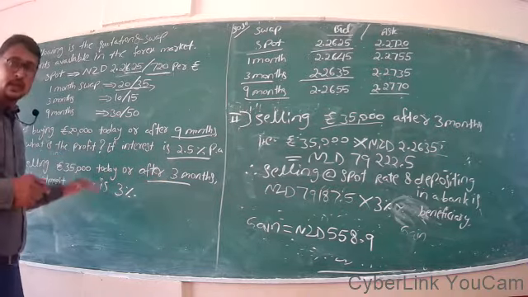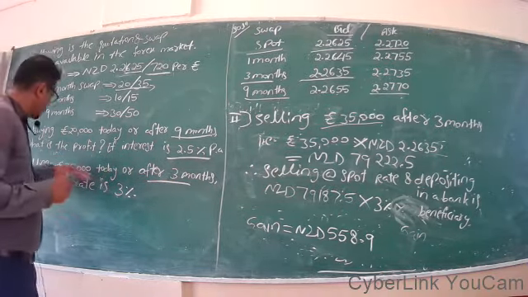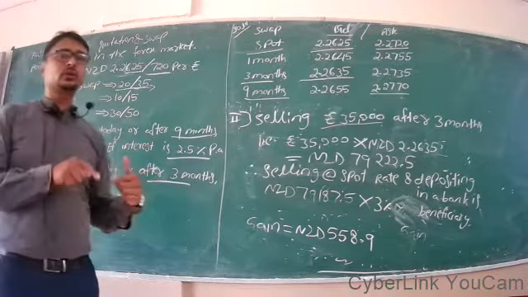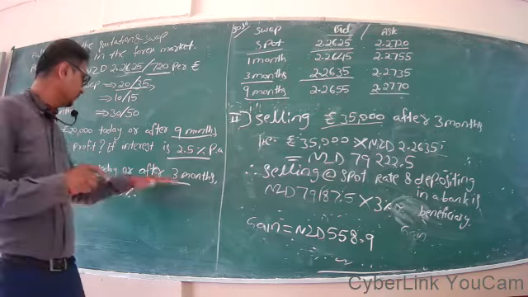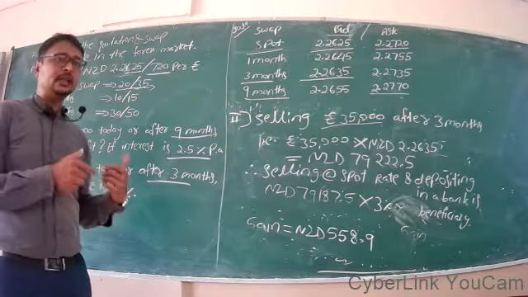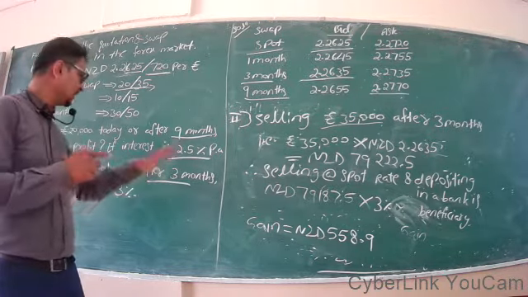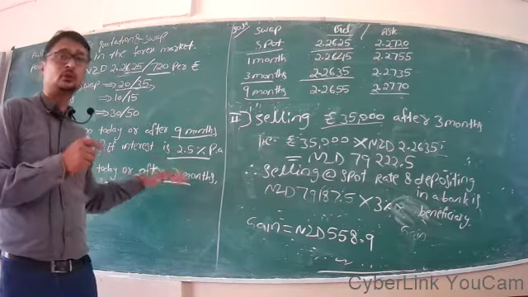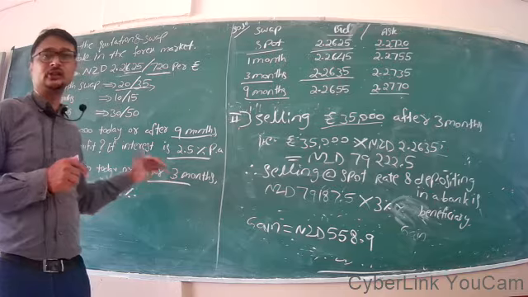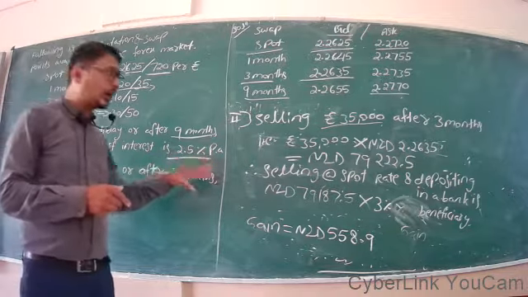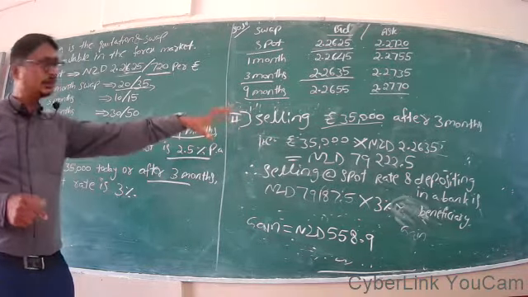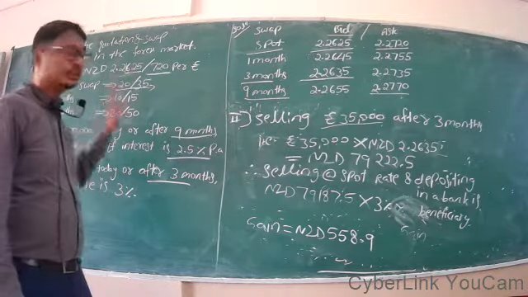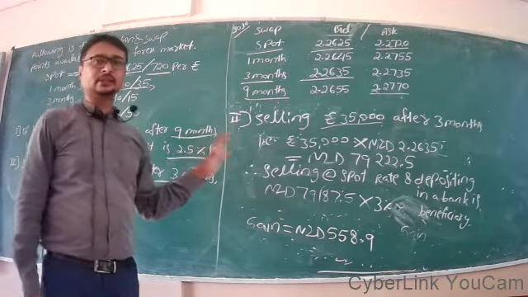Now, while considering the interest rate, you sold 35,000 euros today and you deposited the amount you received in a New Zealand bank at the rate of 3%. So after getting the matured amount, that amount is greater than what you would have got if you had sold 35,000 euros after 3 months. So that you have to focus on in your answer, right? So this is how we need to approach such types of problems in an exam. Thank you.